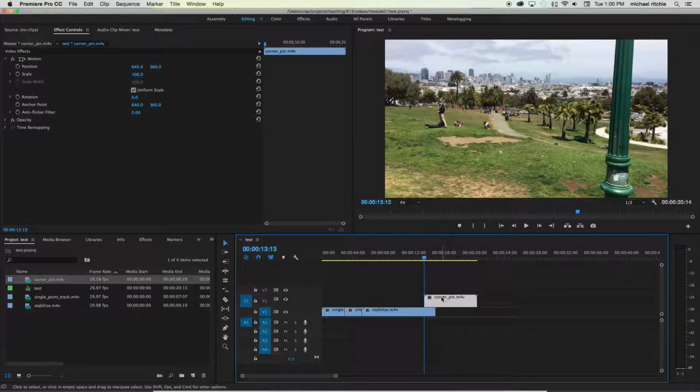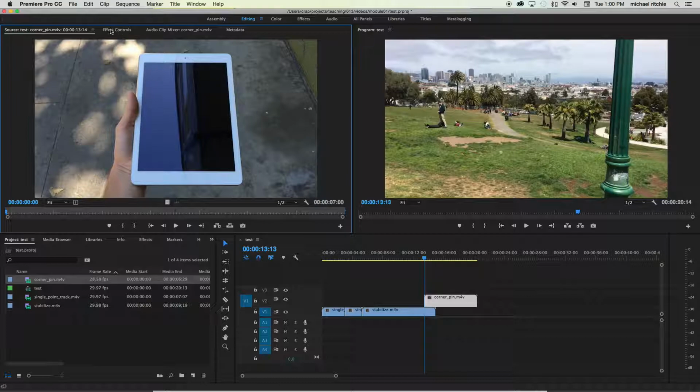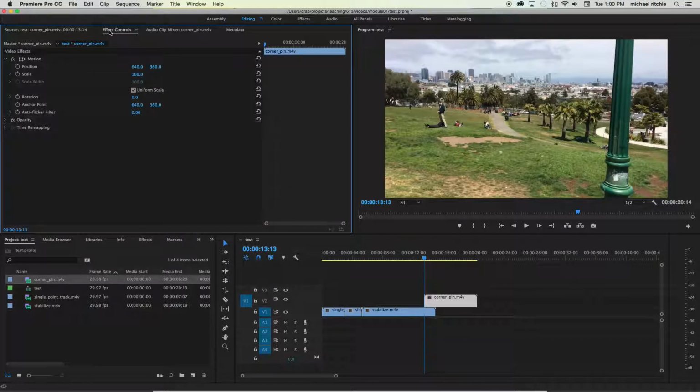You can do that by selecting the clip. You might have to double click to get it to appear up here, and then going to your effect controls. From here you have the ability to reposition, scale, or rotate your object or your video layers, or you can also mess with your opacity, which is what we want to do. So we're going to expand our opacity property. By default it's got keyframes already turned on, and we're going to make sure your playhead is at the start of this clip and set the opacity to be